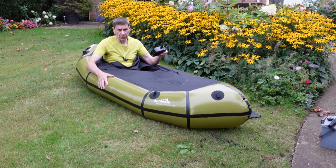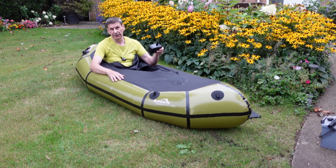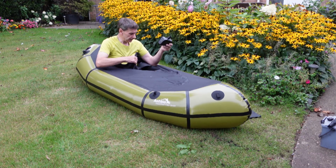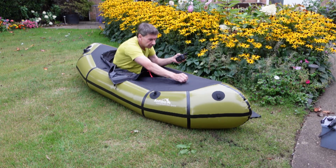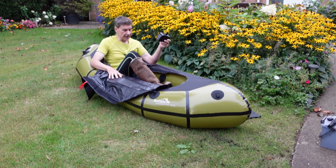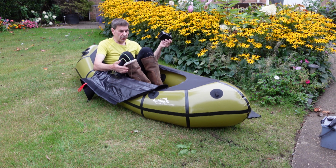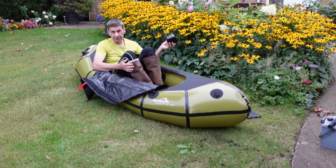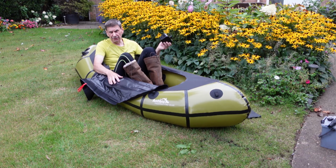So if you are paddling in bright sunlight, you want to just take a little bit of air out or splash some water over it now and then. But no, I'm really delighted with that. I think this will be really good fun. And as I say, this is why I have a lot of country boots in my collection, because I try and get to some remote parts of even our local river,